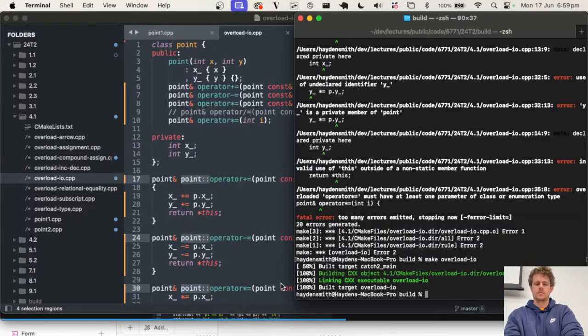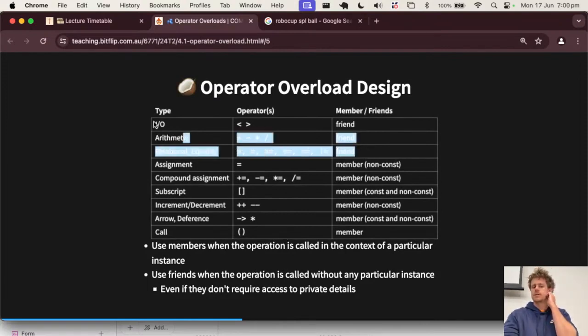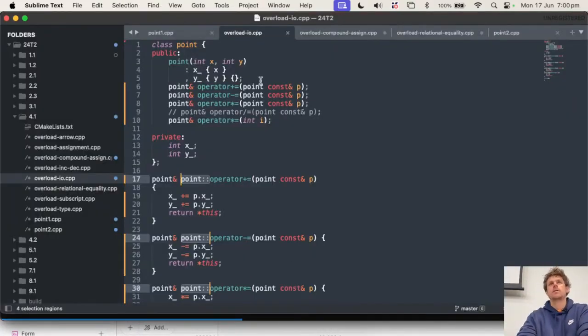Yes. Which is defined here, but it's basically just the pluses, minuses, the less than equalities, and the output stream. Generally, if you're feeling a bit uneasy about it, it's important to remember most operators in C++ work on 2 things. Add, subtract, output, equality. Every single one of them works on 2 things. It's just a question of, are both of those 2 things passed in as parameters, or is one of them the object itself? And you can actually derive whether it's a friend or a member function relatively quickly with that,